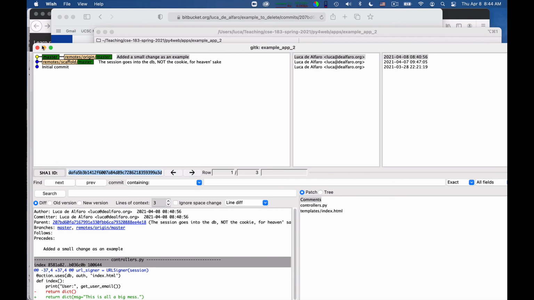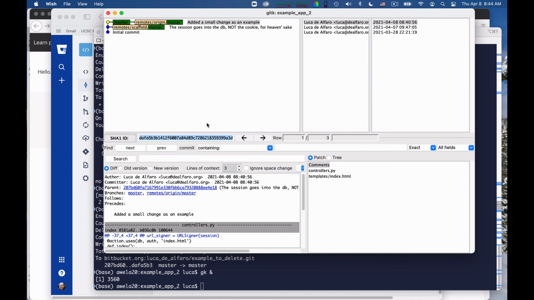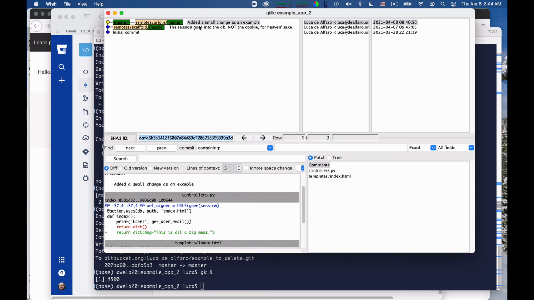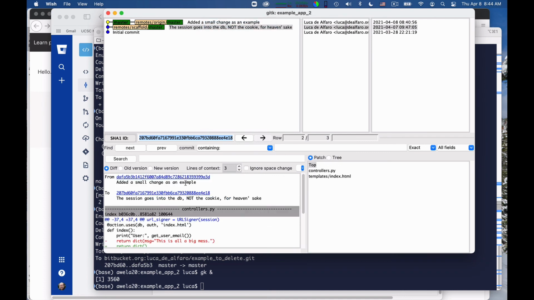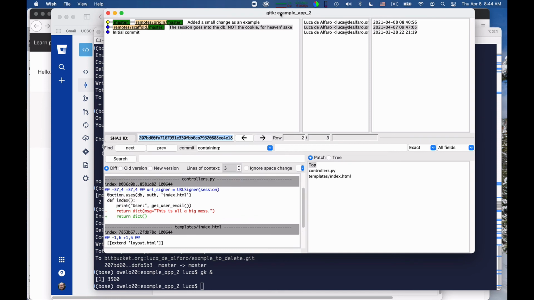So this is what GitK looks like. It's a bit of a relic because it doesn't use the newest UIs, but it's one of the most powerful ways because of the search capabilities and all else it has available. You can click on any revision, you can click difference from this to that, and you can see the difference. And I find that GitK is in the end like this plumber's wrench that will unscrew anything. It's really a bottom-level tool that gives you the ability to do a lot of things that are made incredibly hard by other tools.